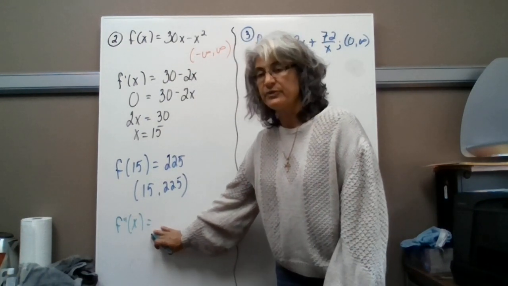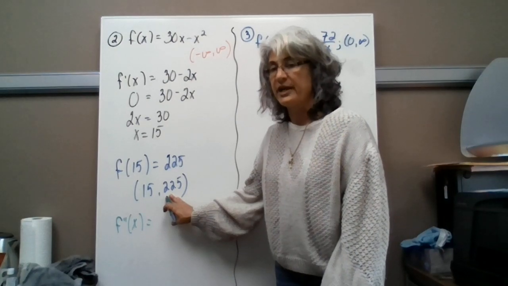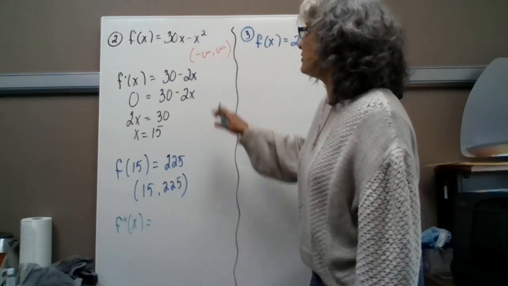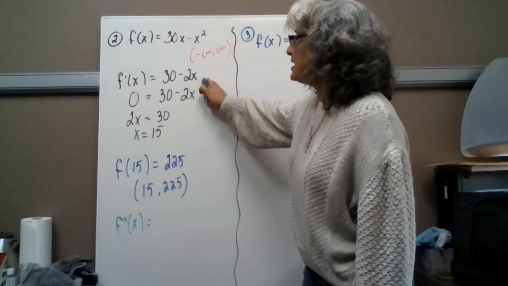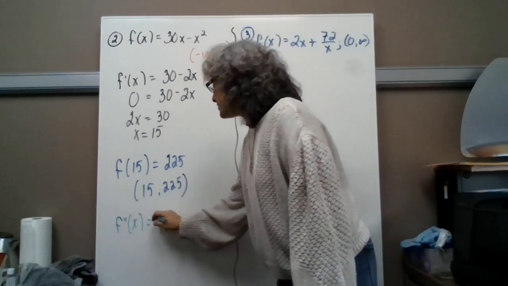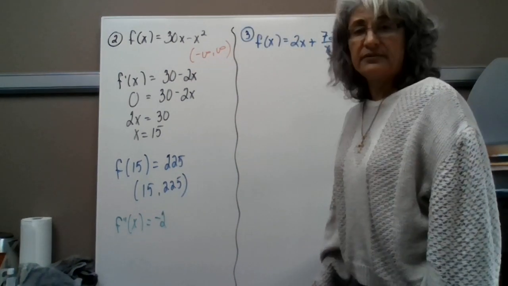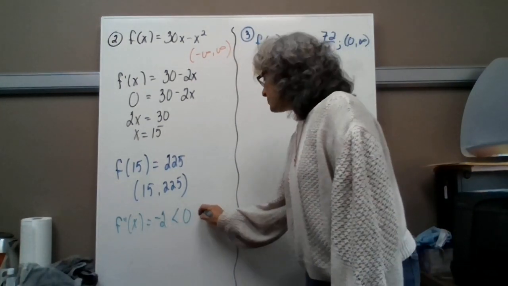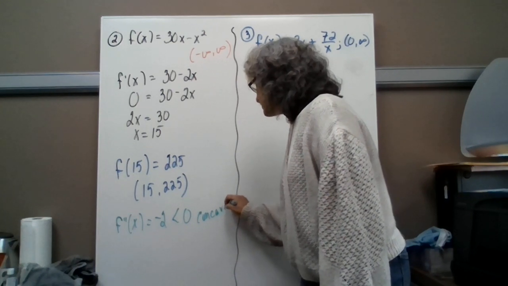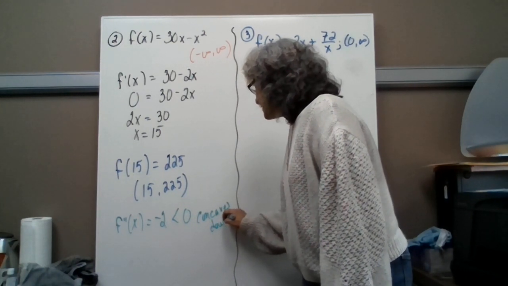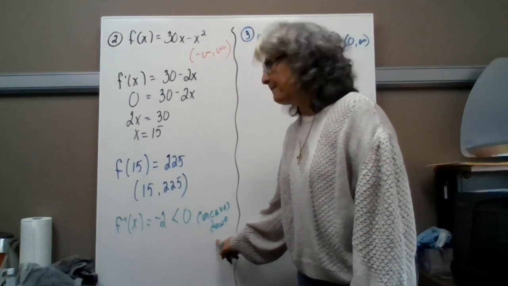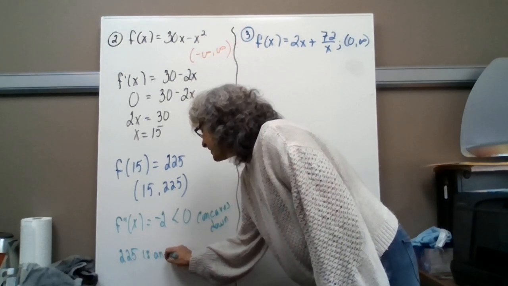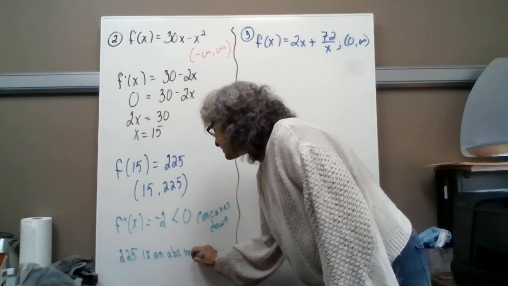Again, we're looking at the second derivative to decide if this is going to be an absolute min or an absolute max. I've got the y value. I just don't know if it's a min or max yet. So first derivative was here. The second derivative is just going to be a -2, isn't it? Well, -2 is less than 0, isn't it? Which means it concaves which direction? Yep, concaves down. Since it concaves down, that means that 225 is an absolute, I hope you say max,